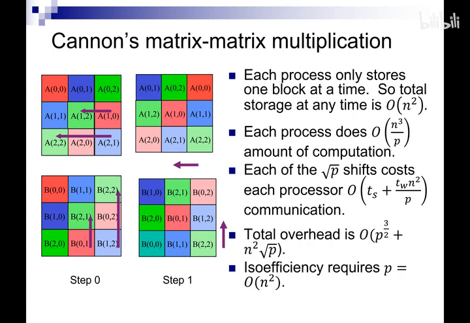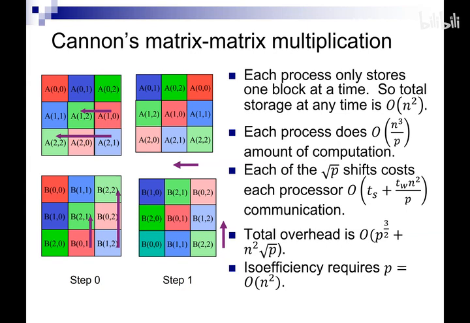All right, now to look at the complexity of all of these things. First of all, at any time point, the main goal of Cannon's algorithm is to make sure that you don't store extra copies of these matrices. And the reason that it achieves this is that you see that at any time point,